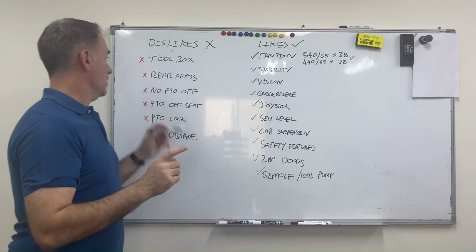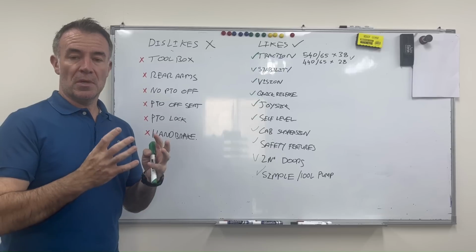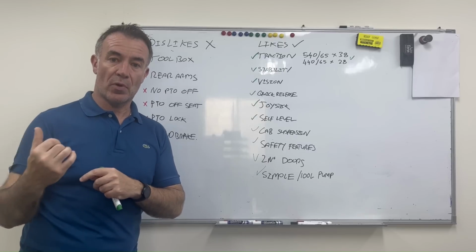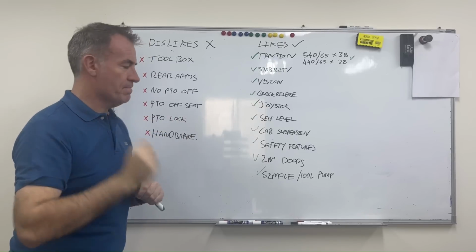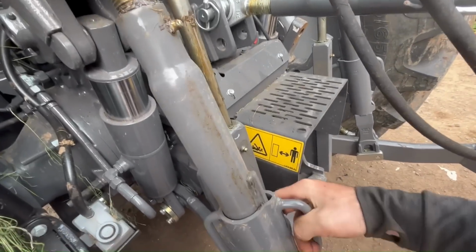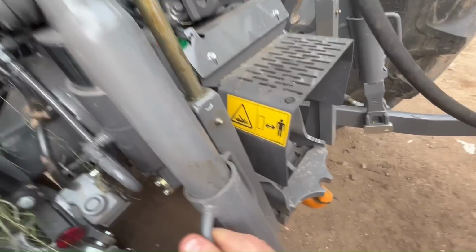So next thing was rear arms. Not specifically the rear arms, but the adjustment of the rear arms. You couldn't adjust them easily when you had an implement on the back of the 3-point linkage. Again, let me show you. There's a wee thing I don't like about this tractor. It's just a little design thing that Massey overlooked. But this, if you want to adjust these arms, it hits the